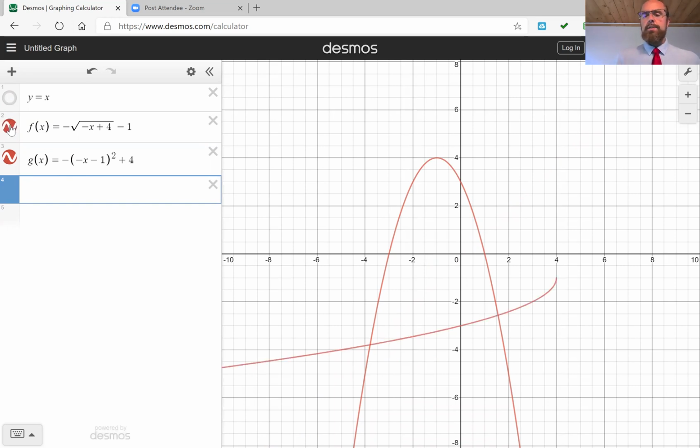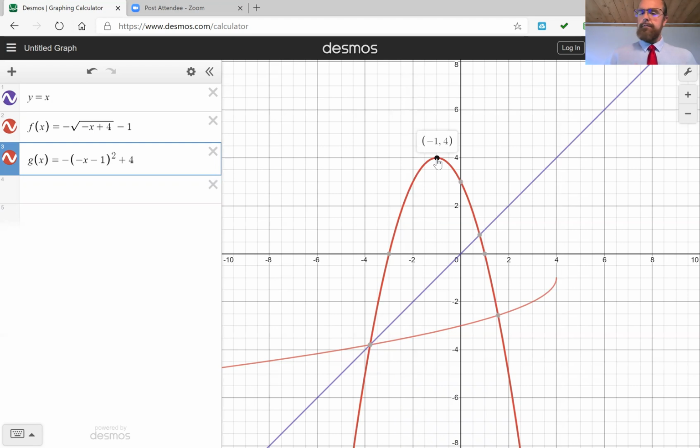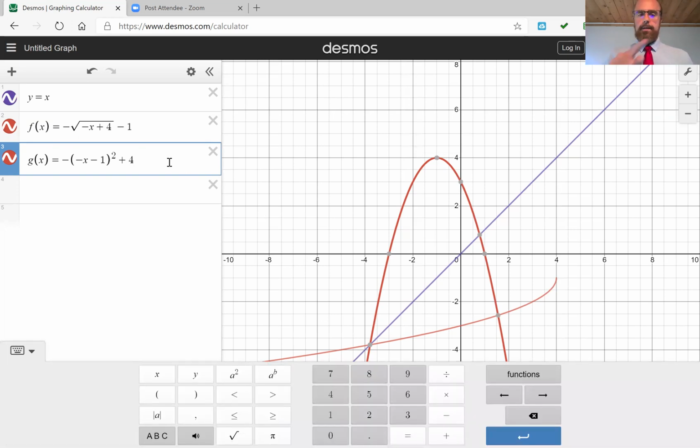But I do want to, again, reconcile it so that it corresponds with the square root part that we have pictured. So if I put up the identity line, I notice that the place where they intersect is with the original, that lower side of a square root, and the left side of the quadratic. So the way I want to limit the quadratic for this example is, again, from the vertex. I can find that just by clicking at the absolute maximum there on the graph, and that's the point negative 1, 4. So when I think about which half of the quadratic I want, the left half, x is less than negative 1, or the right half, x is greater, I want to select the half that's intersecting my original square root on the identity, and that's the left half. So I'm going to restrict the domain on the quadratic here, curly bracket, and I want the left half. So x is less than or equal to,